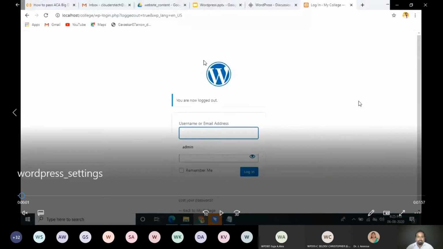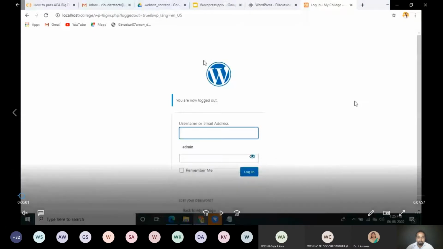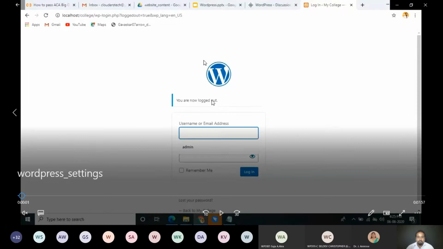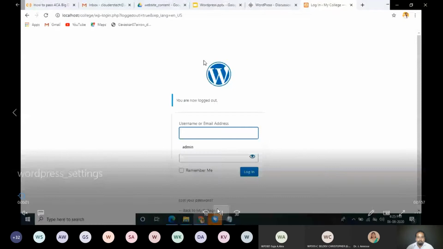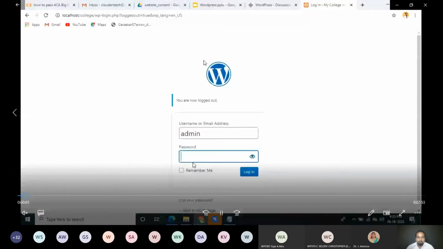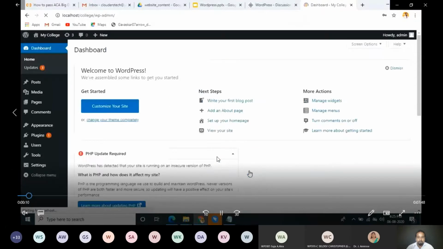How to set the WordPress page, we are going to see. First, you have to go to localhost, then your website name, and wp-login.php. First you have to log in with your username and password. My username is admin. Now the password: you have to provide the password which you provided during the installation.